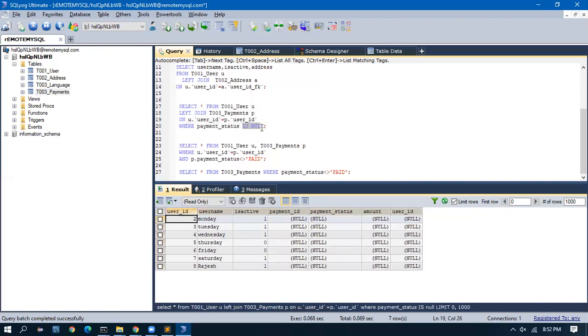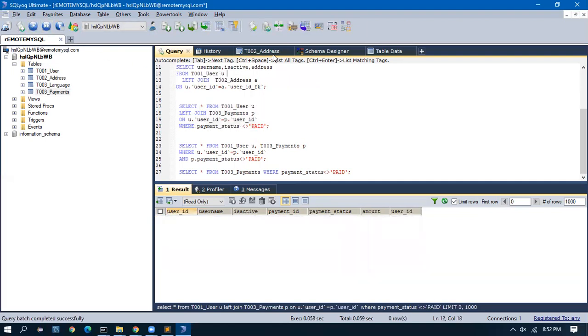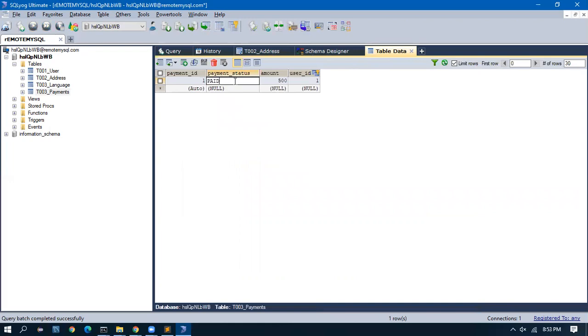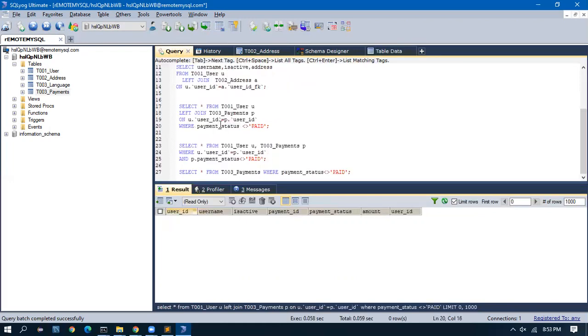Actually, let me try that also. Payment status is not equal to paid. Let me try once. It is not coming. I'll find out. Okay, in that case, do I have a space? No, I don't have a space also. Okay, let me find out. Is there another way to write not equal to, like equal to and after that a mark, I think? No, no, that is in a different language. Here, this one, right? You're telling this one. Yeah, after is equal to that mark.